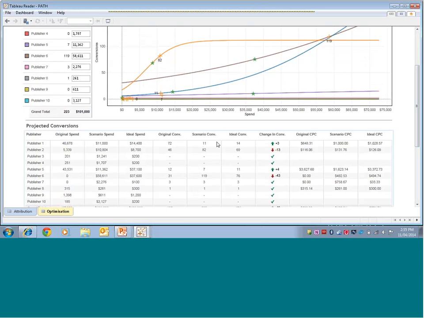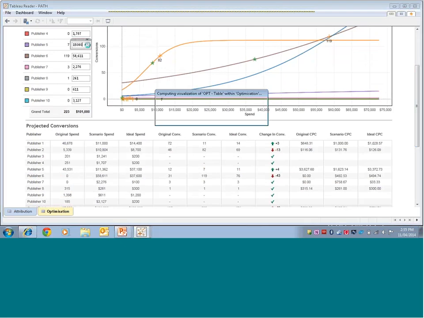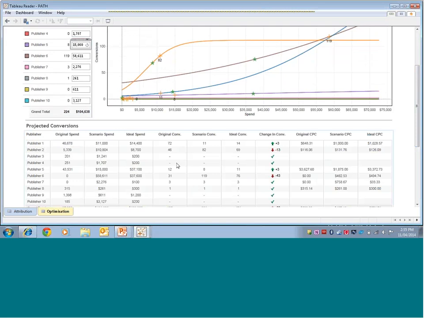I can do that across many different publishers. For example, in Publisher 5, I can increase that to $15,000, and you can see the likely impact on my business. The idea here with this example is it's taking information that the user enters, running it through the R model to get the likely impact of that input, and then refreshing the dashboard to show you that impact over time.